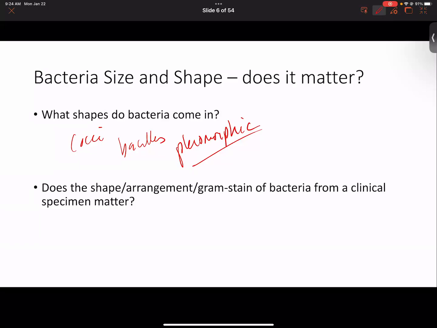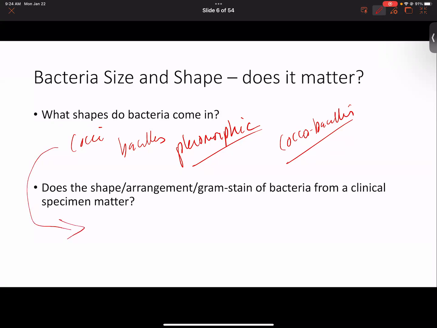Right? And then there's these other bacteria, coccobacilli or coccobacillus, kind of look like either or. So they can't make their minds up. And as suggested on the previous screen, does the organization or the morphology of a bacterial cell matter? Absolutely. That can tell you a lot without doing any deep dive into the molecular aspects of the infection. Okay. Just simply knowing about how the organism gram stains and what its morphology is can tell you a lot about what you might need to do